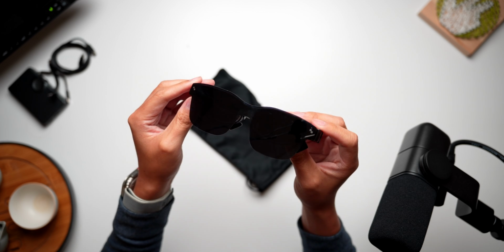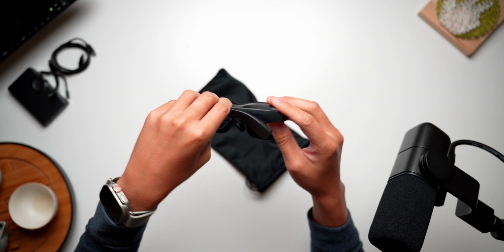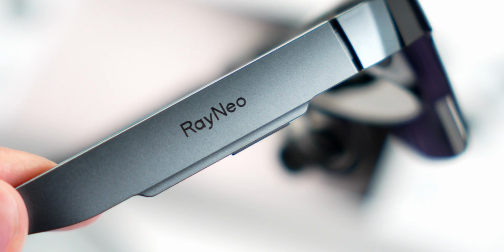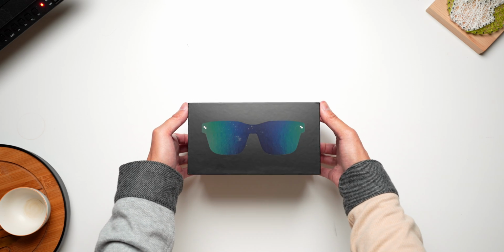After all, I am pretty familiar with AR glasses, and I think RayNeo here are providing the right essentials for a price that undercuts much of the competition. If you're looking to try your first pair of AR glasses, RayNeo have you covered and you don't really have to break the bank. We'll start off with the unboxing, which is fairly simple before we get into the accessories